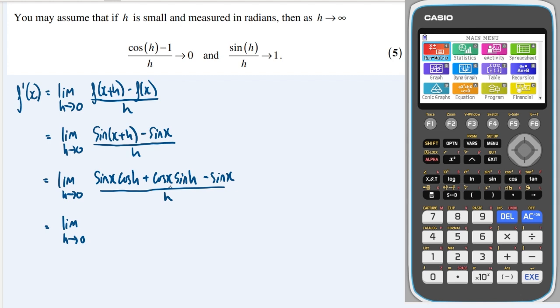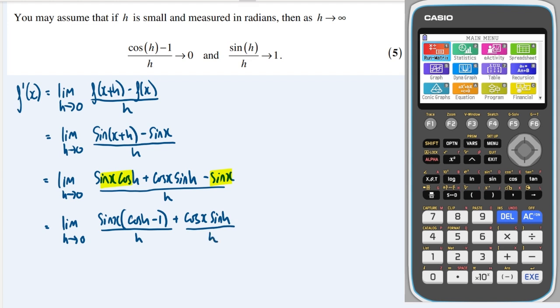I can take out a sine x of the first and third terms, which will give me cos h minus 1, and here I have plus cos x sine h, and I can write this side over h and this side over h,